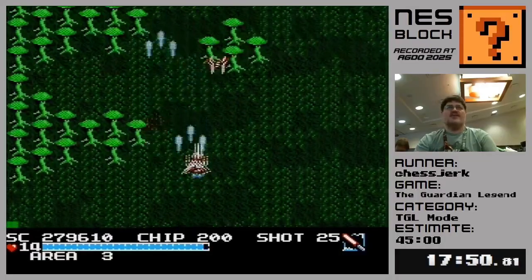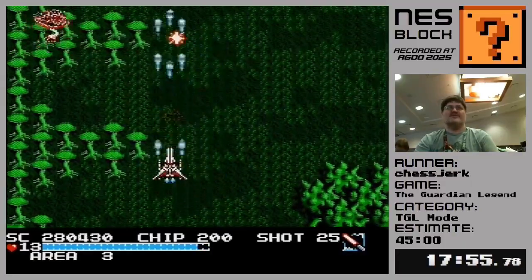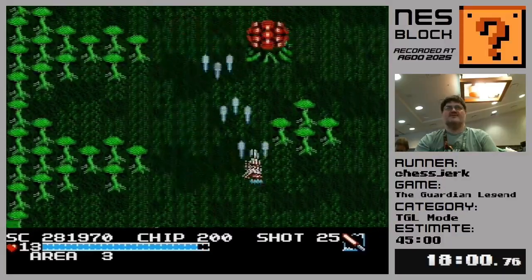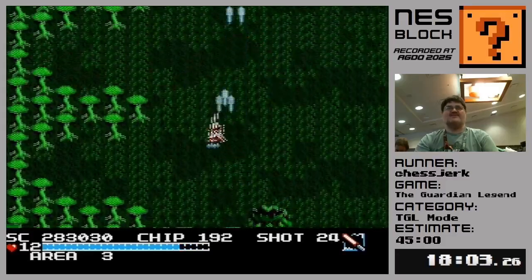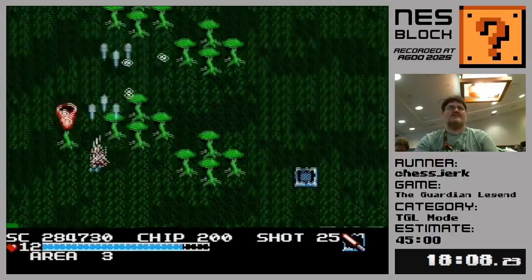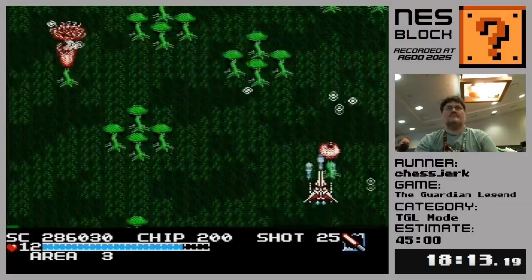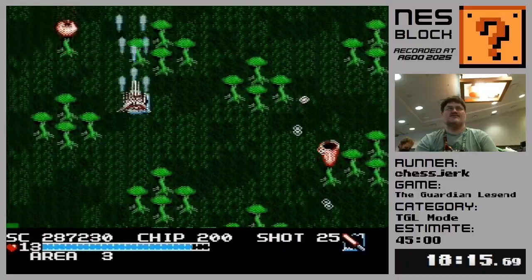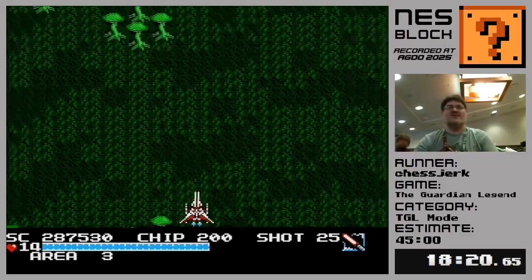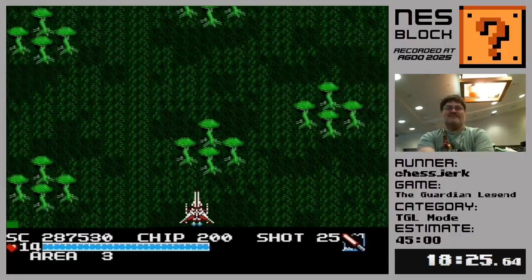With the boss coming up, I'm probably going to try to not use my laser weapon. I want to have full chips for the boss to make sure my shot is as good as possible, because the weapons I have are not as useful against the boss. Alright, that's good. That's a full health, that'll help too. Alright, this might be one of the hardest bosses in the game because you just don't have enough shields